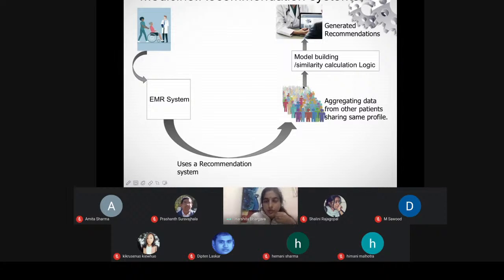There are many parameters to it, but of course you can have the model building, of course, that is a machine learning model, or you can have some similarity calculation logic. How will you compare these two patients, है ना, और millions of patients से आप similarity कैसे निकालेंगे, उसके लिए you have several other parameters. ठीक है, हम क्या similarity metric काम में लेंगे, या what kind of model building would be done. ठीक है, that can be done easily through the use of the recommendation system, and you have the generated recommendations in the form of मतलब electronically आप यहाँ पे बता सकते हैं on the screen, on the interface you have such recommendations and they can be further used.